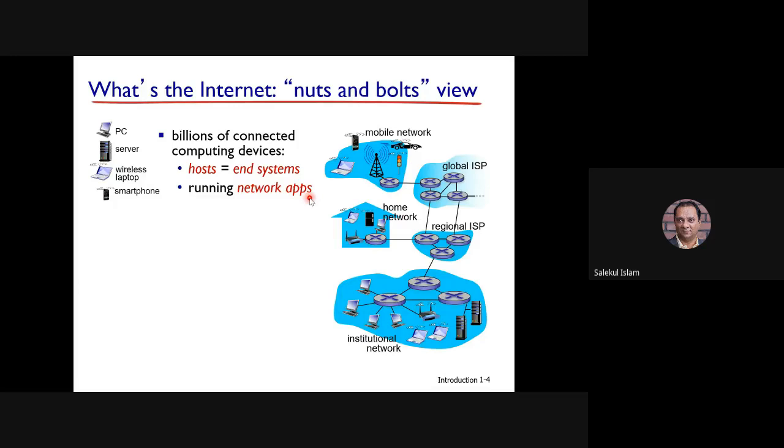Say for example Microsoft Word, this is not a network application, because even if you don't have any internet connection, your Microsoft Word will work. But say for example Zoom, this is a network application. So this is very simple, যে অ্যাপ্লিকেশন রান করাতে গেলে আমার নেটওয়ার্ক কানেকশনের দরকার হয়, সেটাই হচ্ছে আমার একটা নেটওয়ার্ক অ্যাপ্লিকেশন।